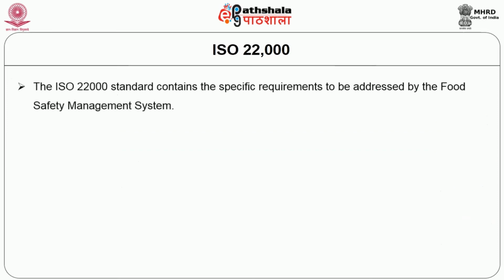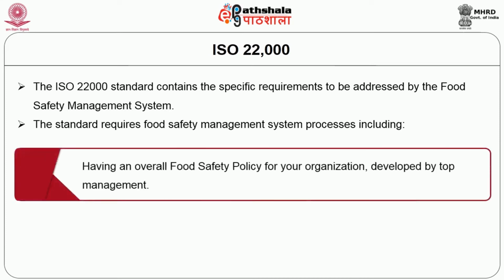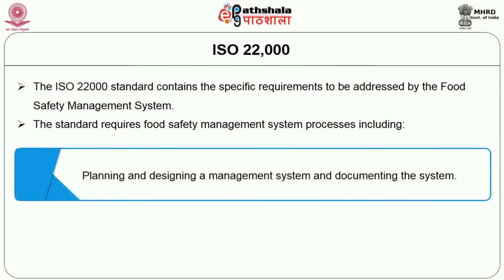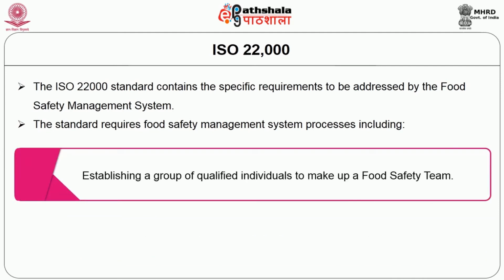The ISO 22000 standard contains the specific requirements to be addressed by the food safety management system. The standard requires food safety management system processes, including having an overall food safety policy of a particular organization developed by top management, setting objectives that will drive the company's efforts to comply with this policy, planning and designing a management system and documenting the system, maintaining records of the performance of the system,